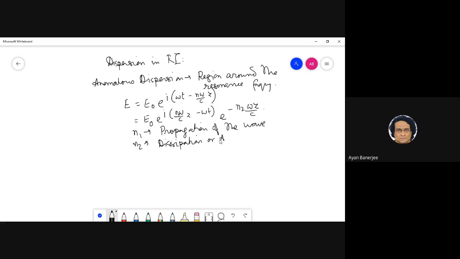and n2 is nothing but dissipation or absorption. This is very critical, and the reason that it is critical is something that I would like you to understand, and this is very interesting. This is your task; in fact, I think we will have a discussion on this. Can you explain the color of objects from this?